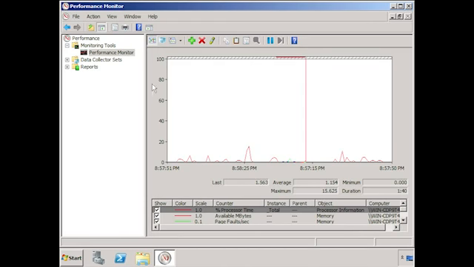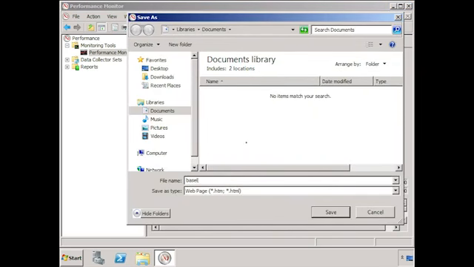If I right-click on the screen, I can save the settings. I will save the settings as a baseline. If you are always measuring the same information, it is helpful to save the settings into a file. Once you have decided on the counters that you want to use, you can use them in our next topic